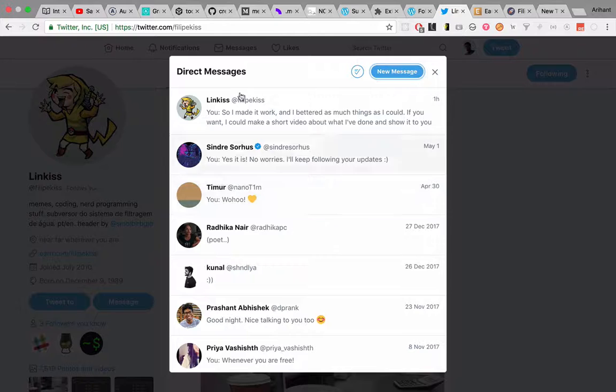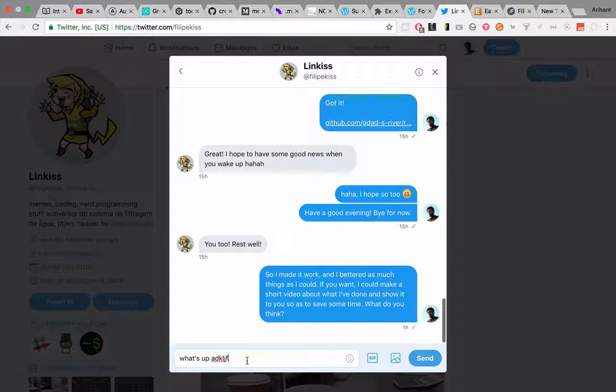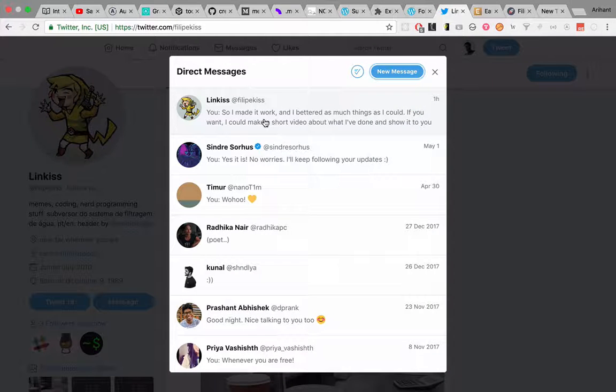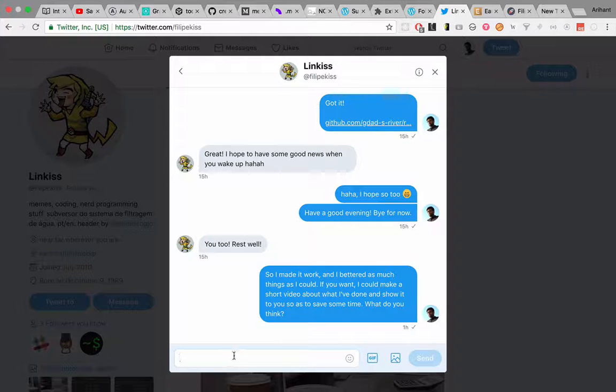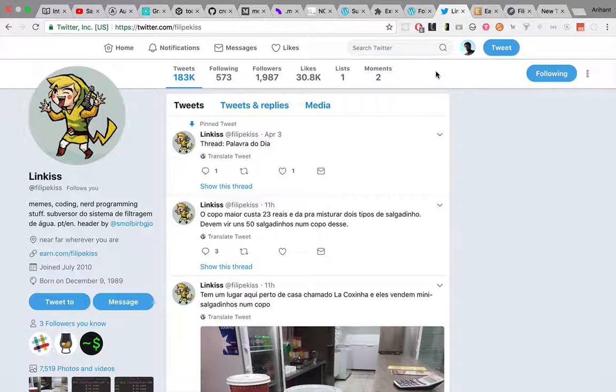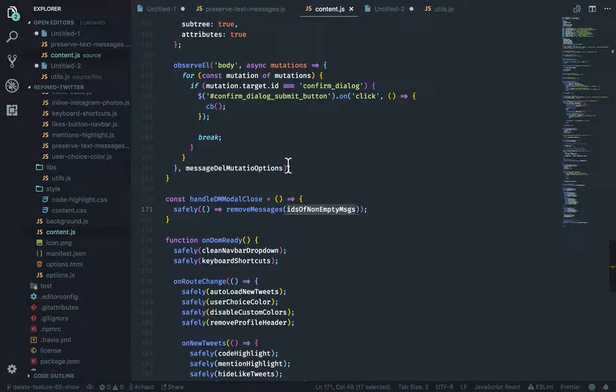Imagining that this is the first time I'm clicking on this conversation, as soon as I open it, it will store an empty message in the local storage, which is fine. But we do not want this to be in local storage even when we close the modal. So if I close this, that empty message will get deleted from the local storage